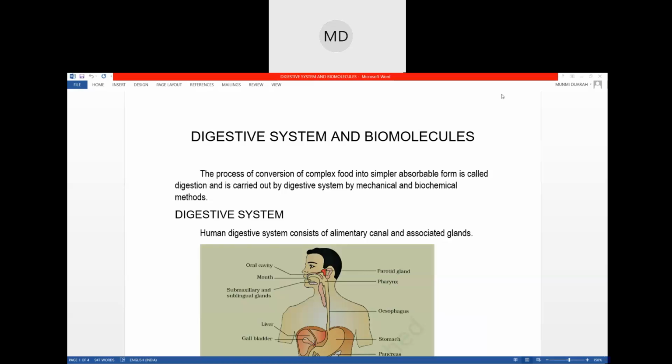So today we will discuss a little bit about digestive system and biomolecules. And I think since only 2 chapters are left, we don't have to